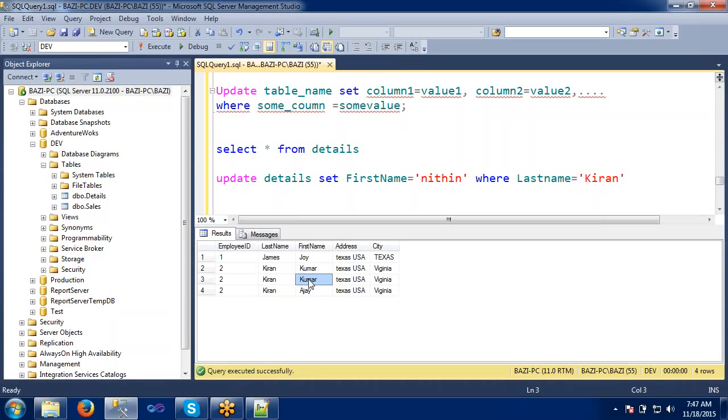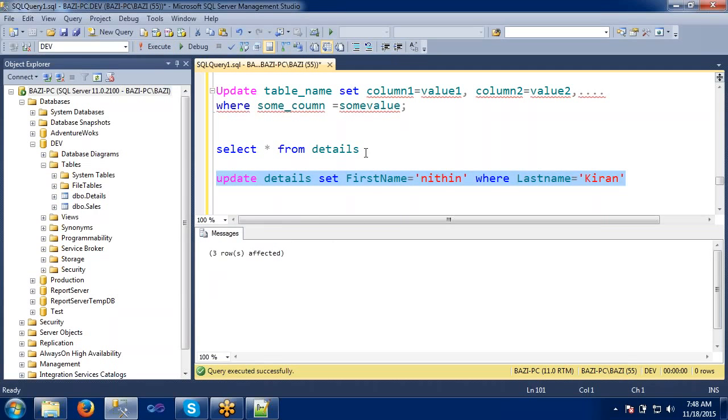So how can I filter some more? Here I am having the same records. Can you guess how we can do this? Anyways, first we will see how it will be updated, then we will filter to the record we want exactly. So now I am going to execute the update statement. Three rows affected because we have the same name.